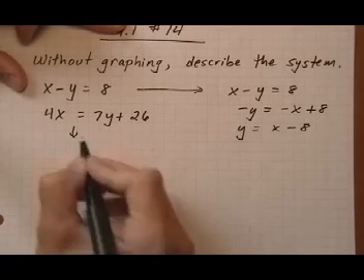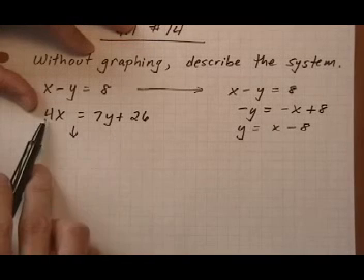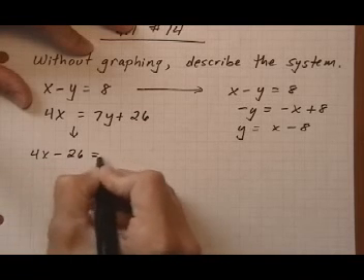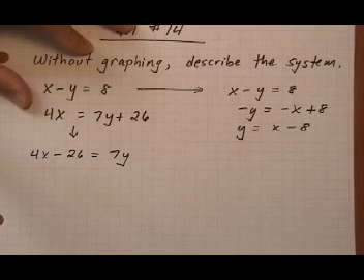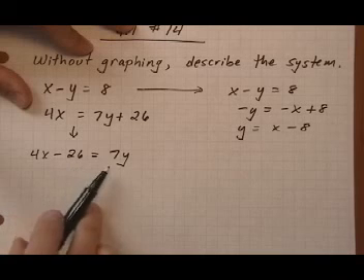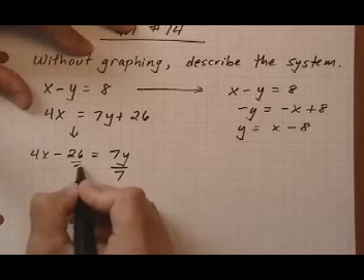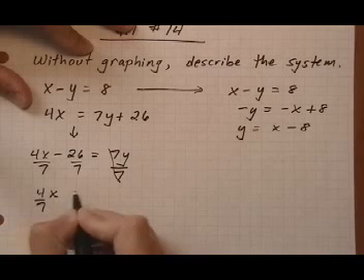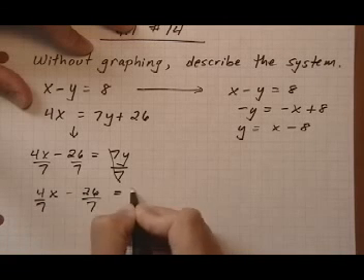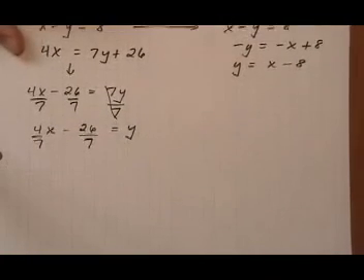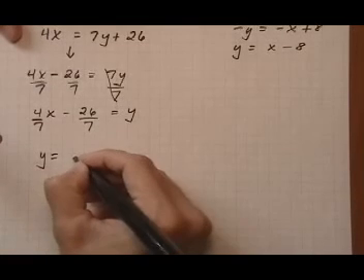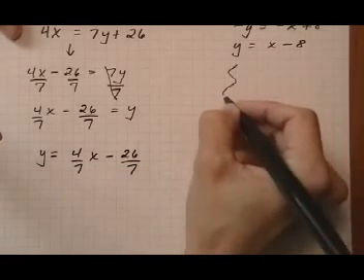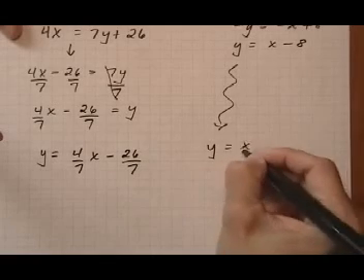And the other one, take away 26 on both sides. We want to clear everything away from the y. So that gives us 4x minus 26 equals 7y. And then we want to divide each term by 7. So that gives us 4/7 x minus 26 over 7 equals y. And let's put it in the way we're used to seeing it, which is y on the left side. So y equals 4/7 x, take away 26 over 7,